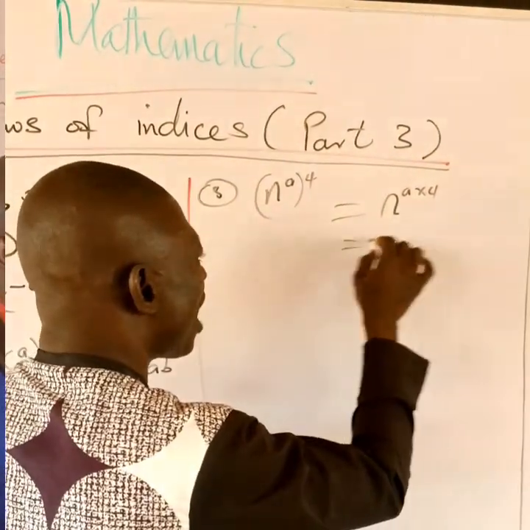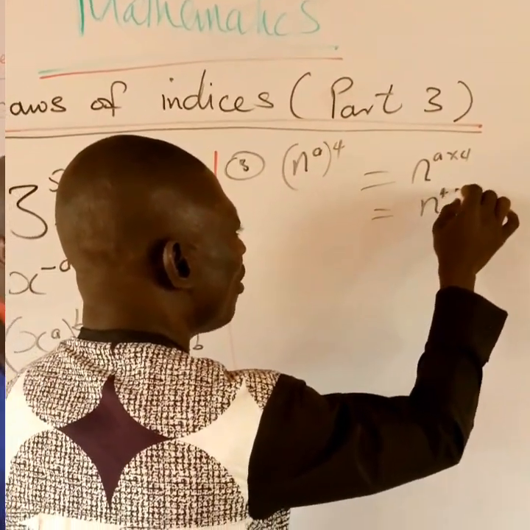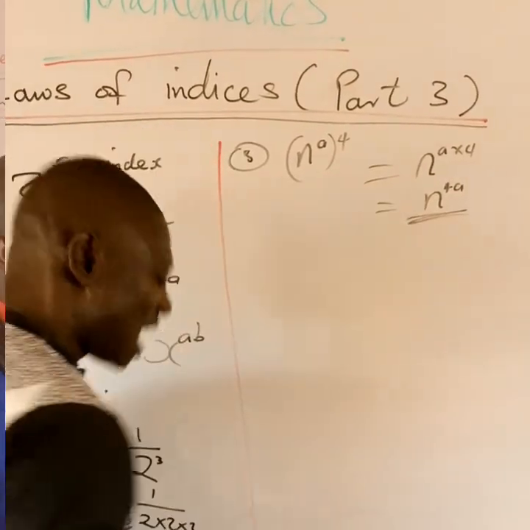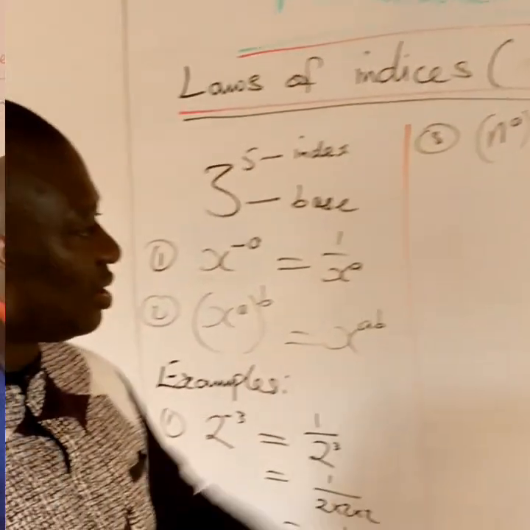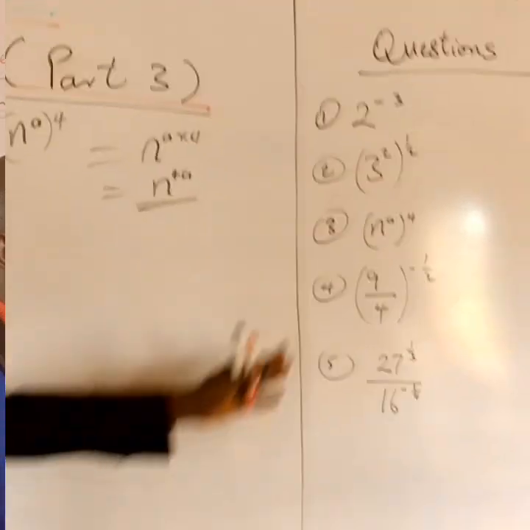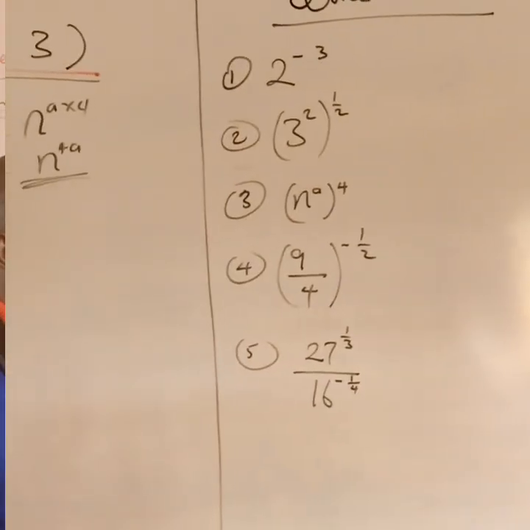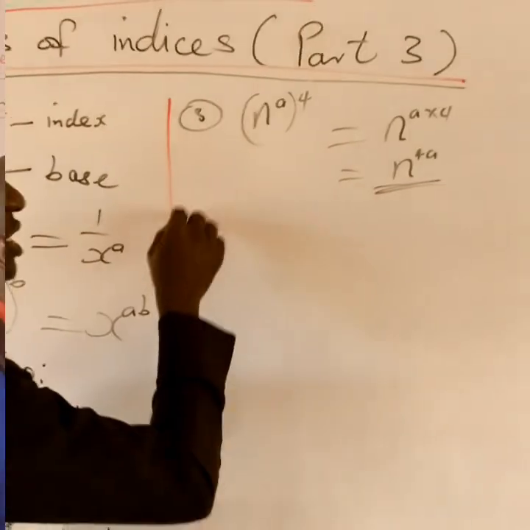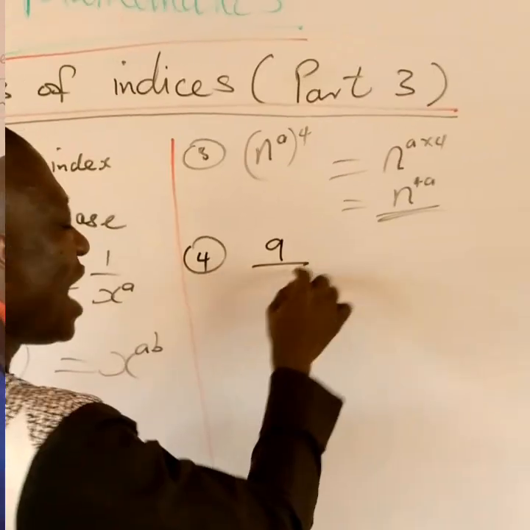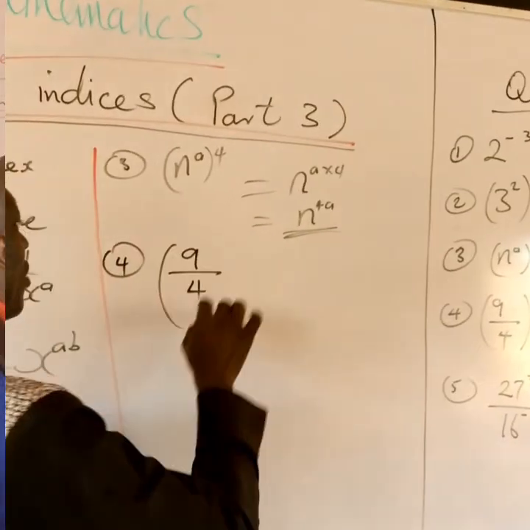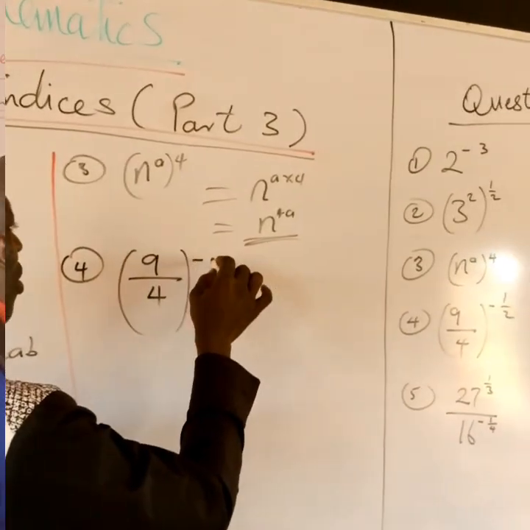And a times 4 here we have n raised to power 4a being the last answer to this question. Yes. What of number 4? Yes, number 4 here we have a question that is a fraction. 9 over 4 raised to power minus 1 over